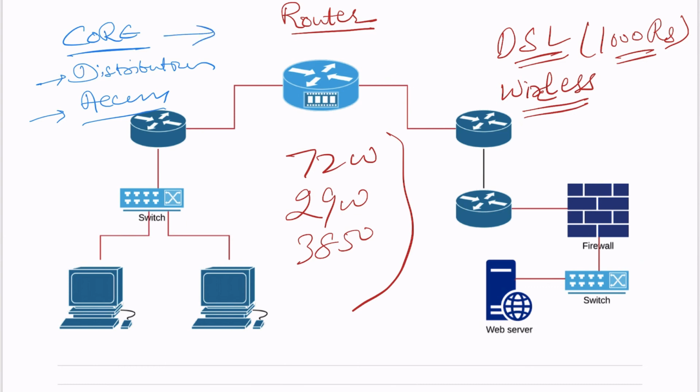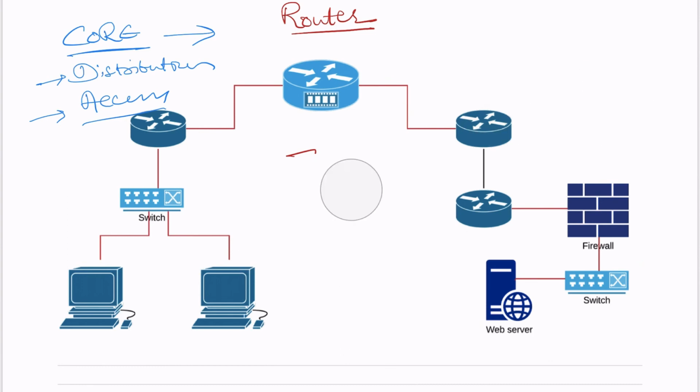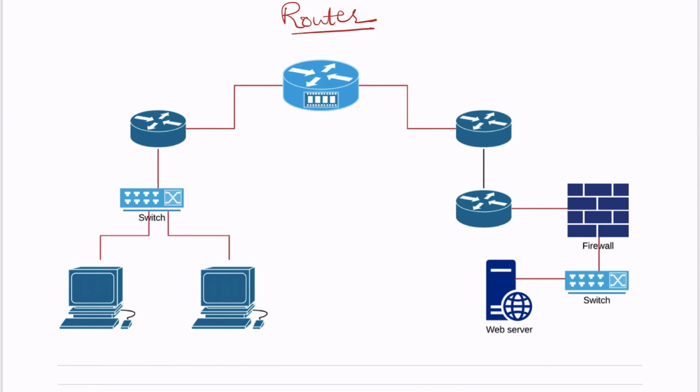If you use it at the edge of the network, we'll call it edge router. There are actually various terms. Sometimes we call it provider edge router, customer edge router. These are the terms. It is just a high level overview. Router is important, but other components are also very important, like firewall, which is used for providing security to your environment, because the internet is a highly unsecured network. And this switch works in LAN within the same segment.